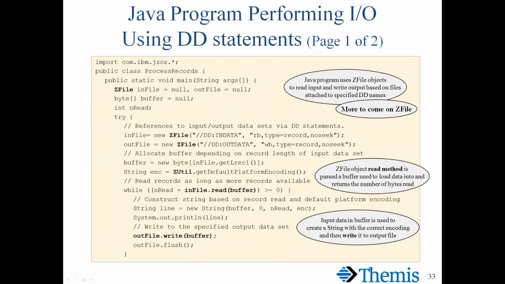And finally, on the last couple of pages, we see a little bit of Java code. We see a little bit more in a few minutes, but the highlighted sections here that you see are ZFile. ZFile is part of the library you see imported there on the top line, com.ibm.jzos, which includes the ZFile class, which allows you to support all kinds of different files in the file system. You see how the ZFile constructor is being called and referring to DD cards in data and out data with some other parameters that are relatively